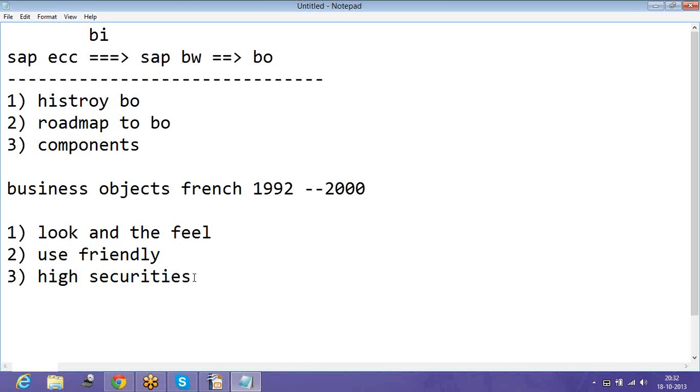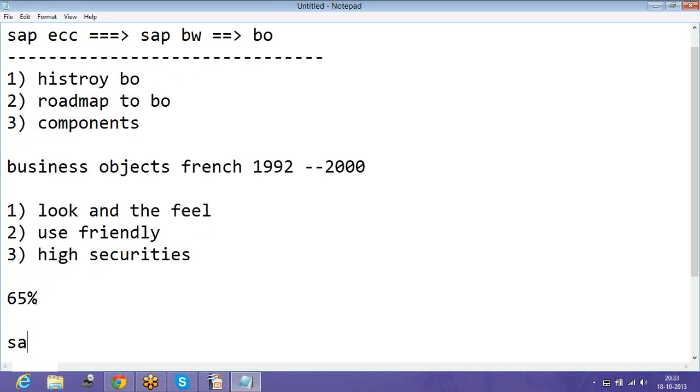Okay, so each and every user would be getting their relevant data into the report when I apply these particular securities onto the reports. So this high securities factor has made the difference between Business Objects as a reporting tool and the other reporting tools. Okay, so from 2000, most of the market, 65%, has been occupied by Business Objects. So looking into the market value of Business Objects, and looking at the advancements of Business Objects,